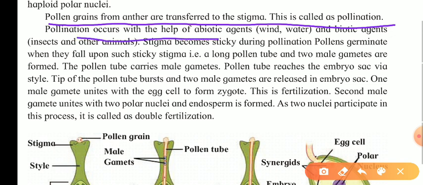Pollination occurs with the help of abiotic agents and biotic agents, both are possible. If you remember, in a previous part with the picture, I talked about the transfer of the male gamete, and I used the word attractiveness of the petals or the corolla. They attract insects for pollination. A simple example is a butterfly. If the butterfly sits on the flower, then on the feet or legs of that butterfly,